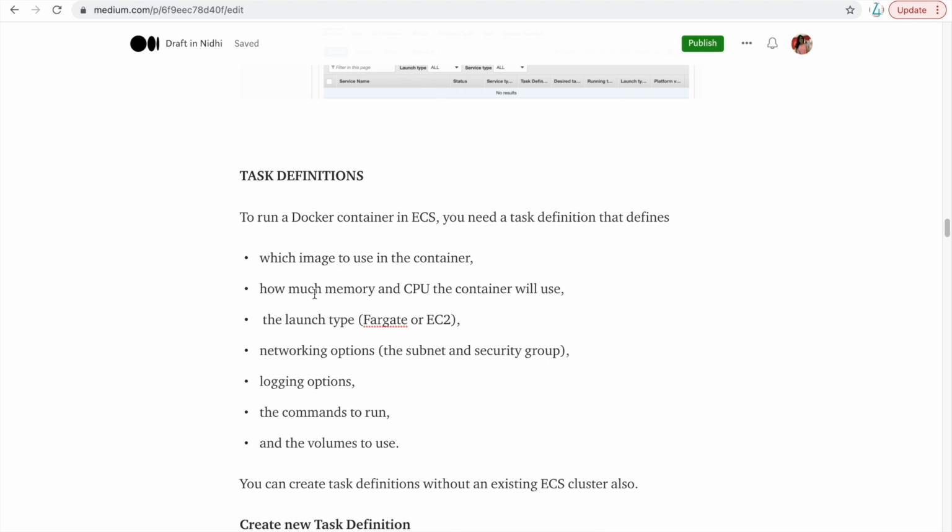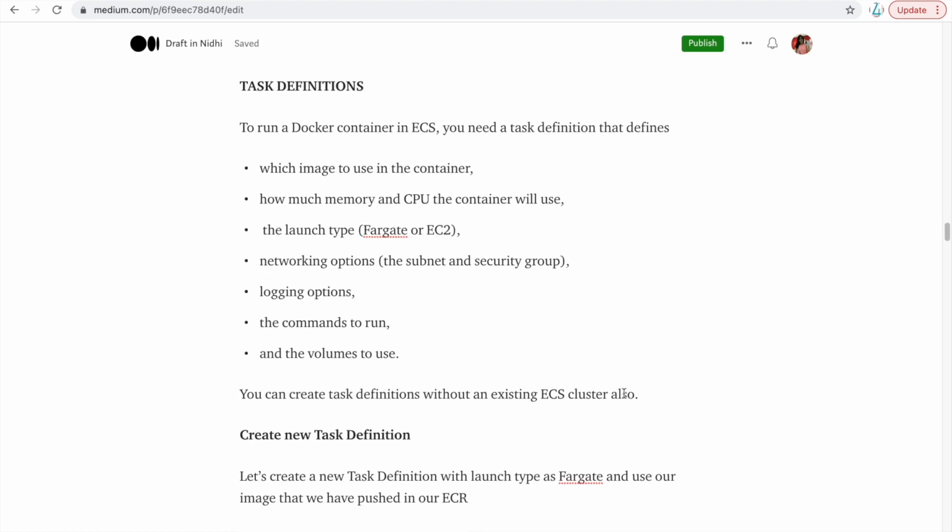It defines how much memory or CPU your container will be using, the launch type, where that task definition should be running, Fargate or EC2, your networking options, and whether you want to provide any logging, commands, volumes. So basically, everything related to your container configuration will go in the task definition. Okay. And you can create your task definitions without an existing ECS cluster. There is no dependency between them.